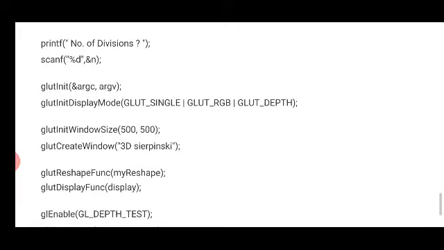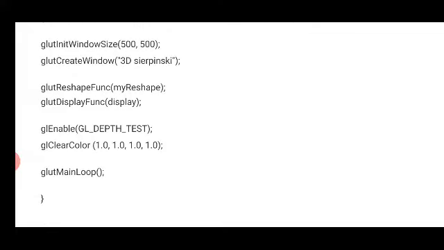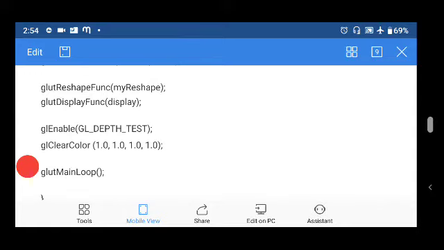Next we create a window of size 500, and the window name is 3D Sierpinski, and we draw this Sierpinski gasket by using the functions myReshape and display, and we have kept the background color as white. Then we call the glutMainLoop function to display the window on the screen.